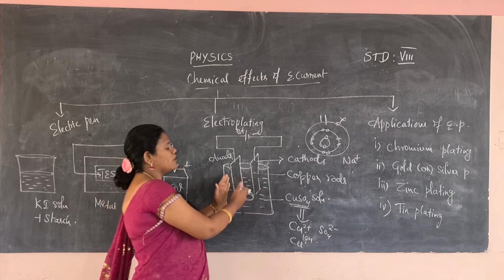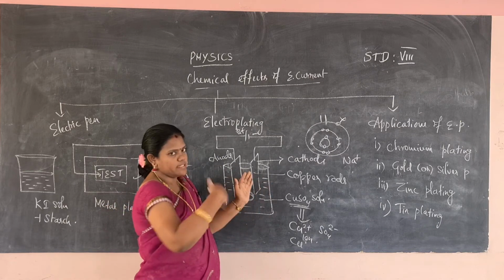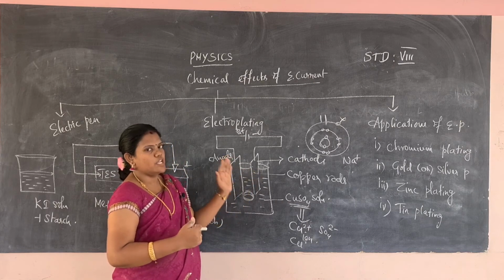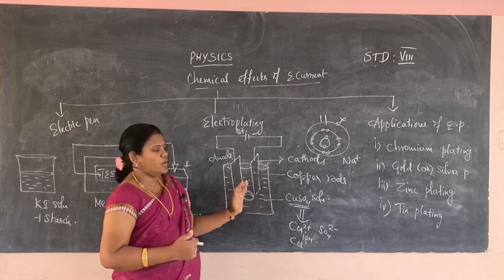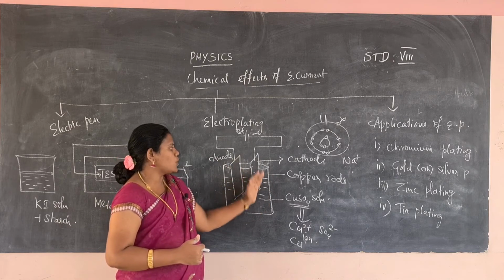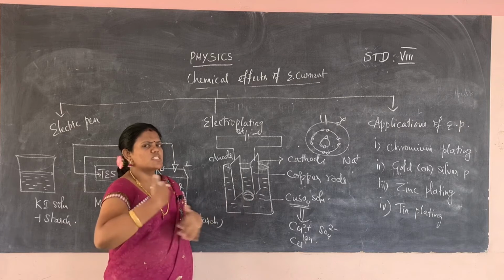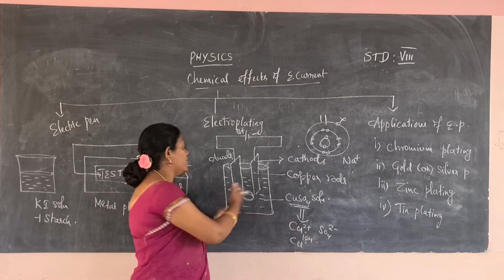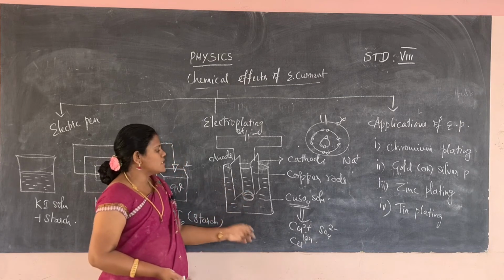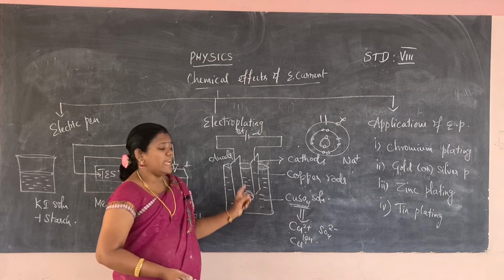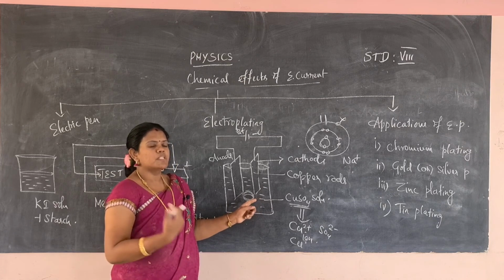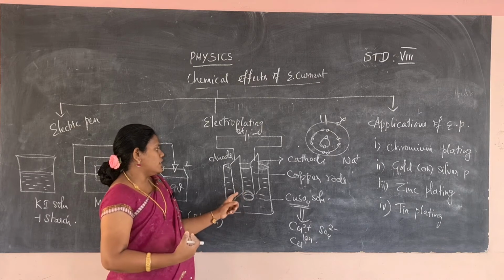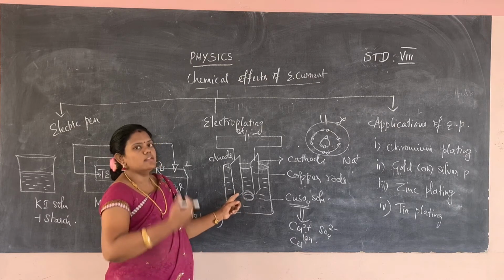So the first plate will be decreasing in size and the second plate will be increasing in size, because the electroplating process will be done from the first plate to the second plate. The copper will be coated on the second plate. This process continues as long as current is passed. The sulfate solution keeps moving here and there, and the remaining copper ions lose some electrons to the anode rod and then again